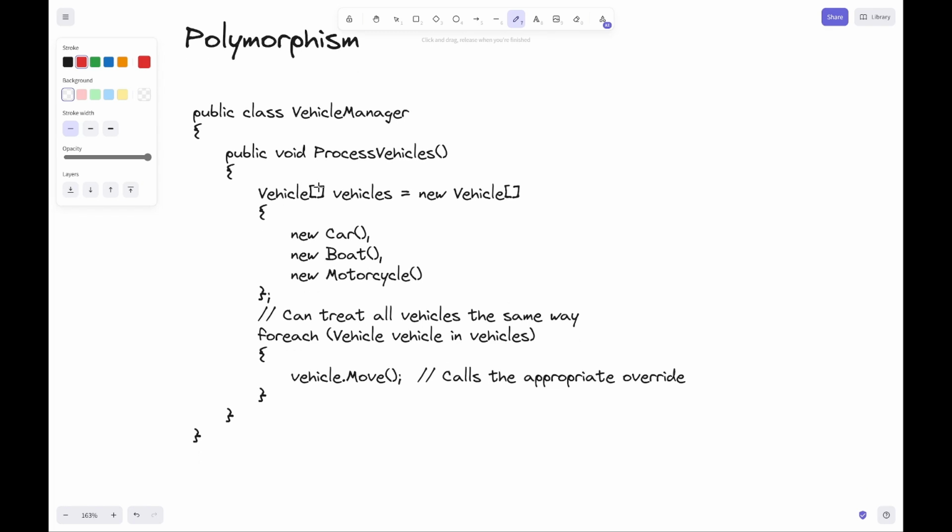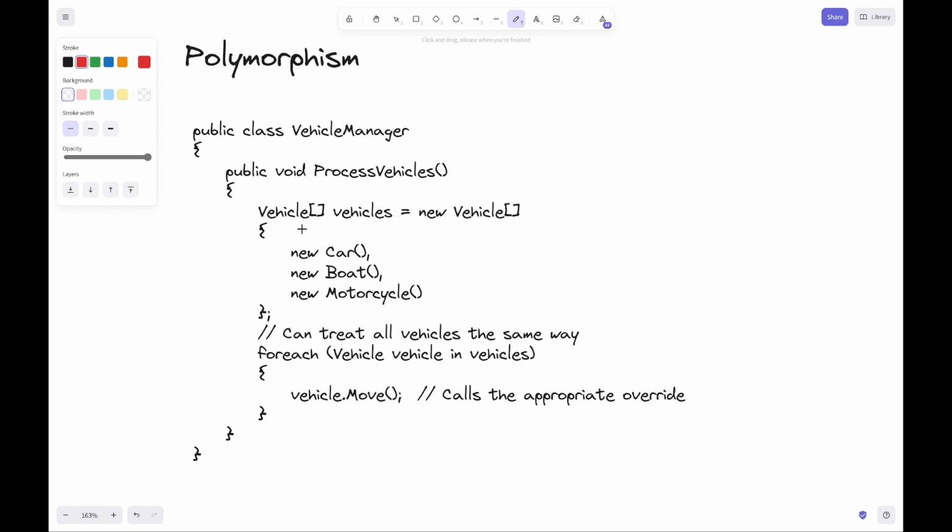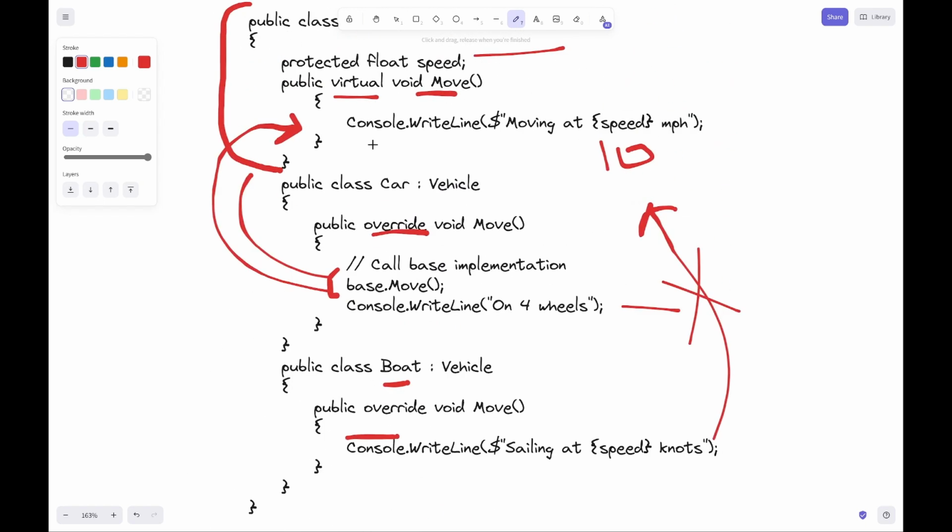let's say that we have a class called vehicle manager, and we can create different types of classes. Let's say a car, a boat, and a motorcycle. Now all of them are extending our vehicle class, which means that all of them are basically vehicles. So we can even use a for each loop like this: for vehicle in vehicles, vehicle.move. So first of all, we have a car, so it will run the car.move function, which would say